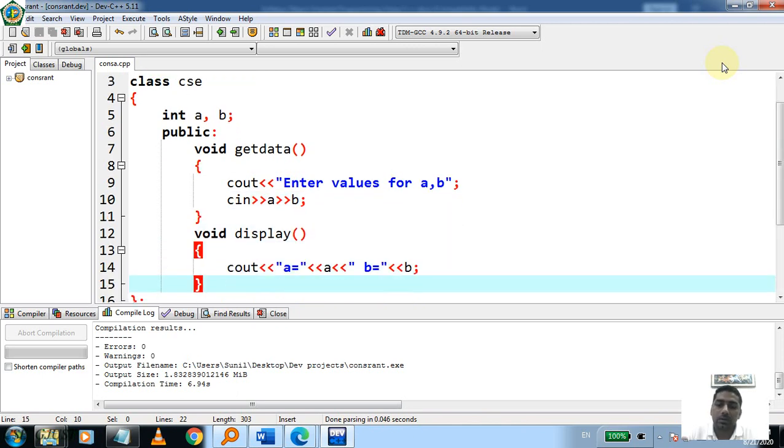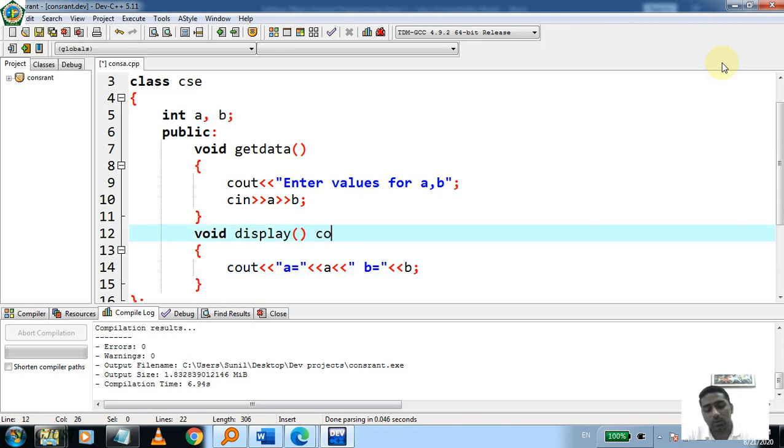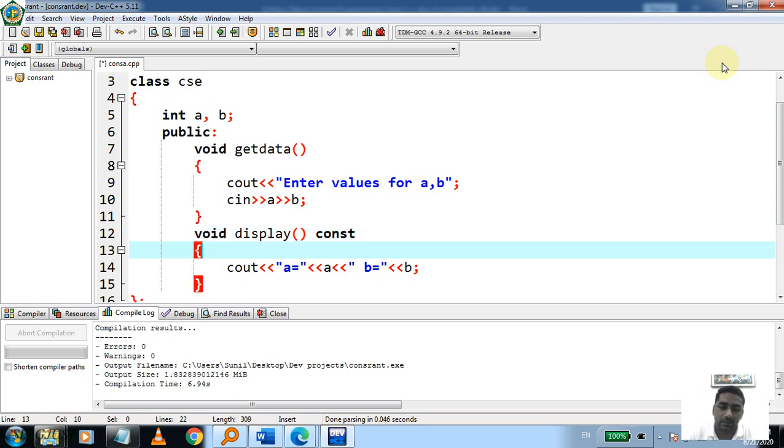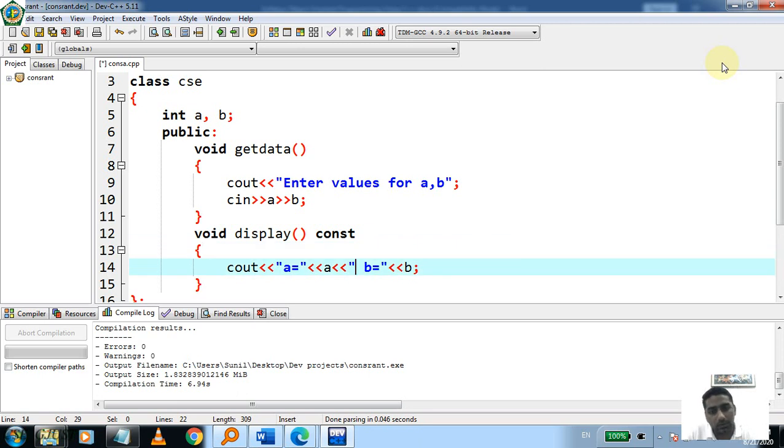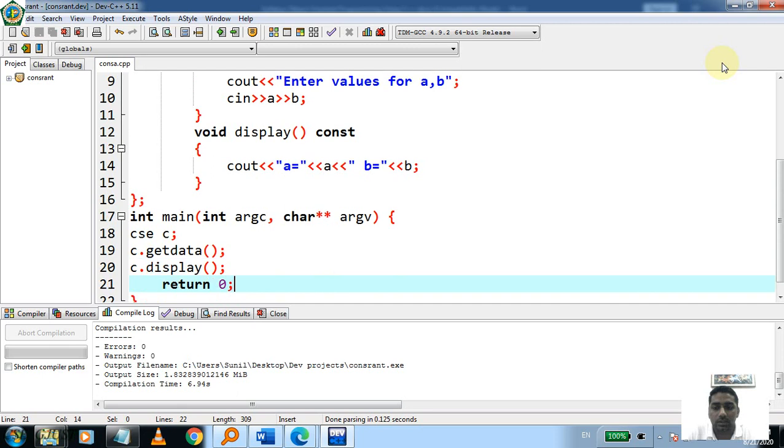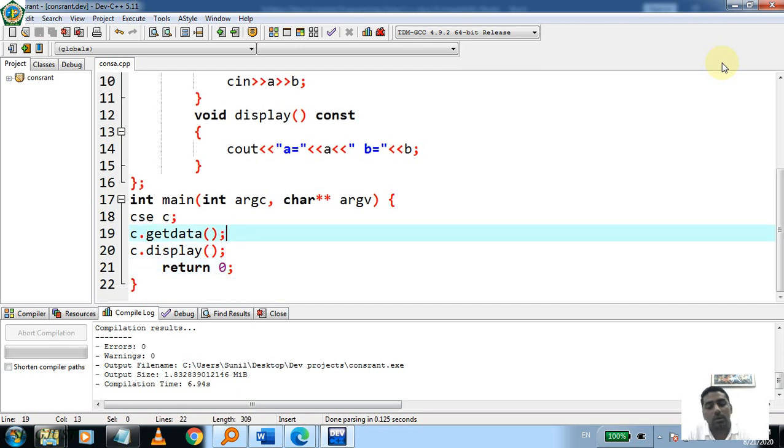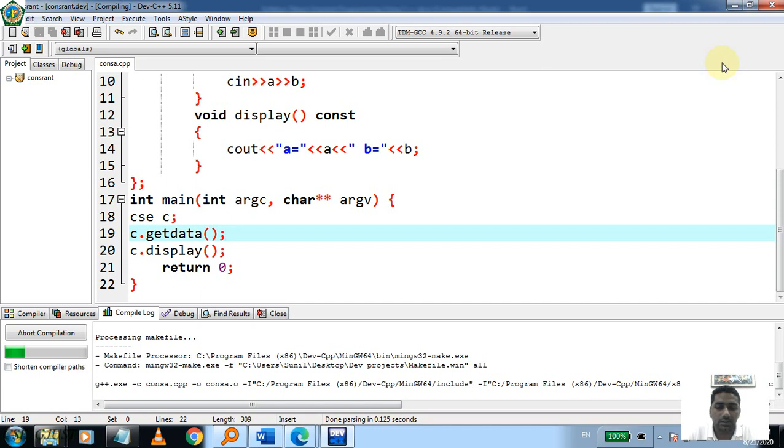After doing this, we want to create a function which must be constant. For creating a constant function, we need to write the const keyword at the back of the function. Only one keyword is assigned to the function as a suffix before the starting of the body. Now this function will not modify any variable. Constant means you cannot change. So now we are not able to change anything using the display method, and this constant function is callable by the object which is created for the CSC class.